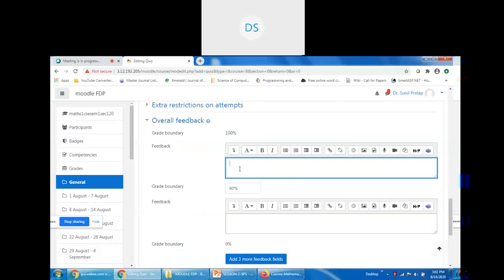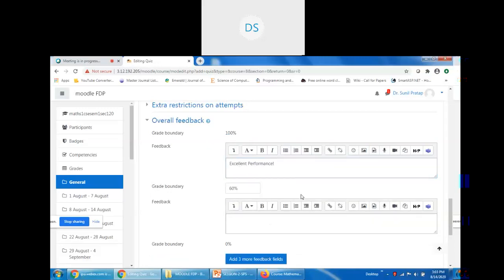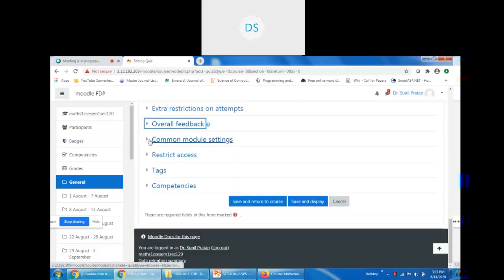You can say excellent performance. And if the student scores 0% to 60%, you may say poor performance. This is overall feedback we can set.